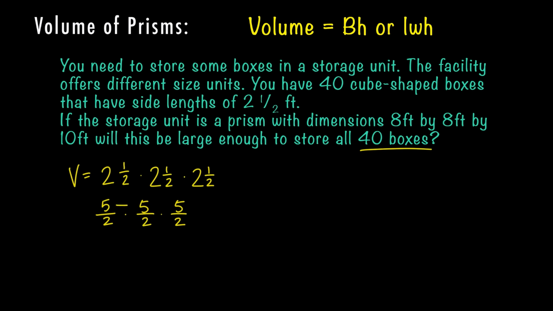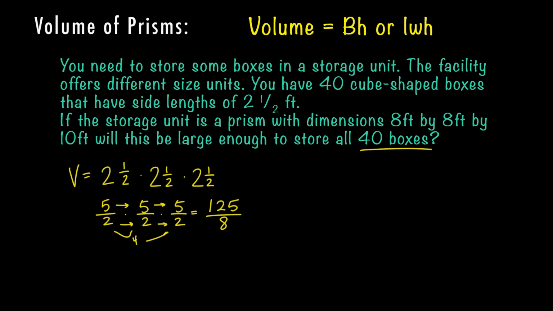Just to review fractions, you want to multiply straight across the top. So 5 times 5 times 5 is 125. And then straight across the bottom, 2 times 2 is 4. 4 times 2 is 8. So now we have 125 eighths. I'm going to leave that right now, and then I'm going to need to figure out if each box is 125 eighths volume,